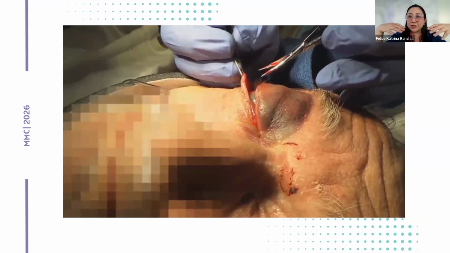The goal of the cantholysis is not really drainage of blood or evacuation of a hemorrhage. That can be a bonus, a secondary goal. The main goal is to make the lower lid mobile, because this will allow the globe to proptose further forward, and it will allow the interior of the orbit to breathe a little for the pressure to decrease. For this part, he used the Westcott and very fine forceps. I usually use a 0.5 forceps or Adson, and Stevens or Metz.